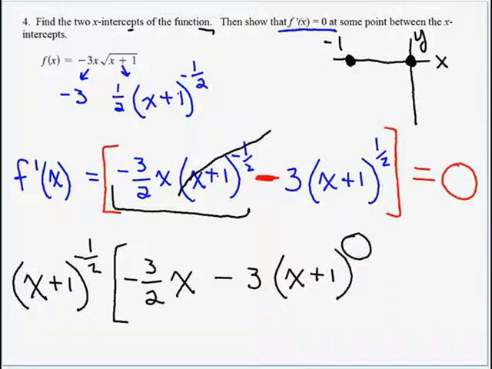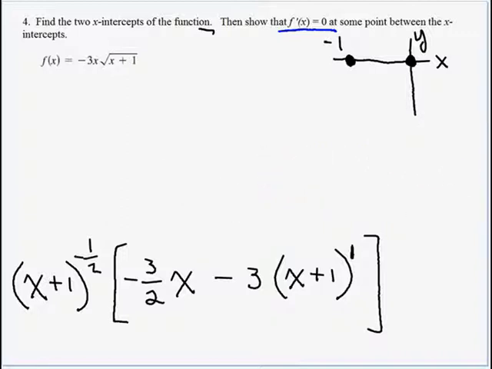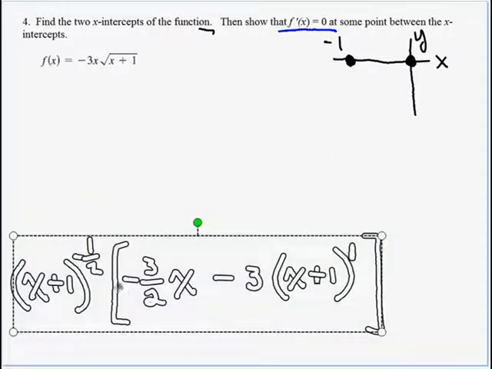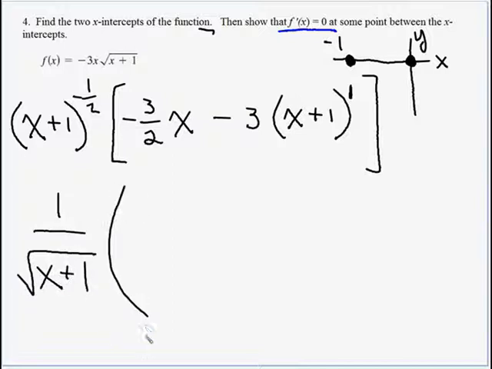So what exponent goes up here? Well, remember, when we multiply like bases, we add exponents. So this exponent, negative a half, plus this one should add up to positive a half. Well, of course, that's got to be positive 1, and that's what makes this such a great simplification technique. Now that we have that quantity to the first power, the parentheses are meaningless, so we can ignore the parentheses. I am going to put it back into radical form, x plus 1 under a radical in the denominator,